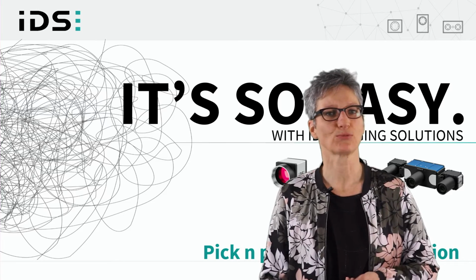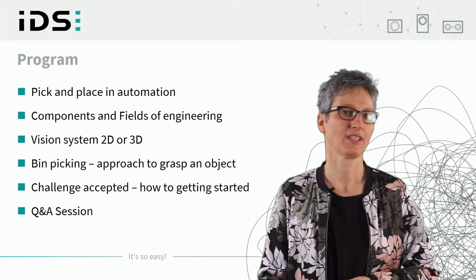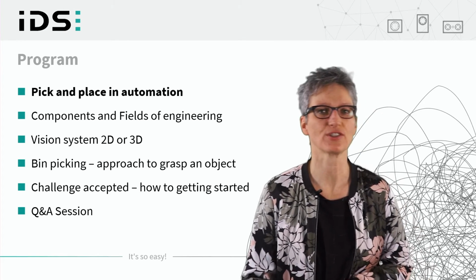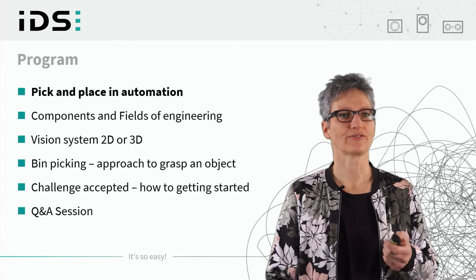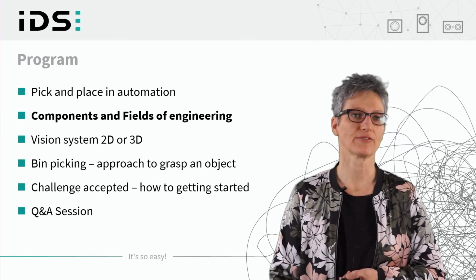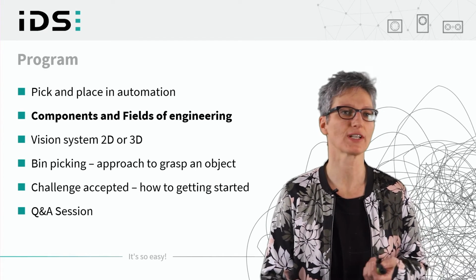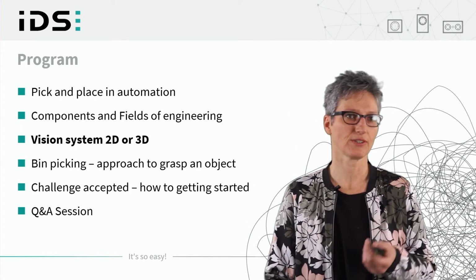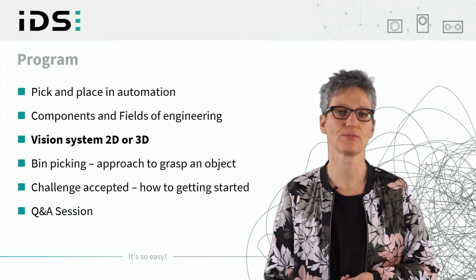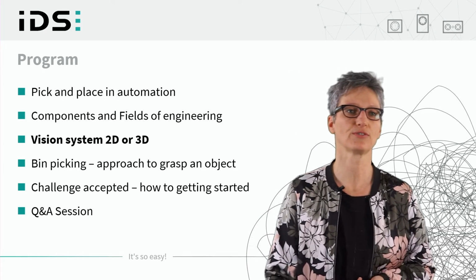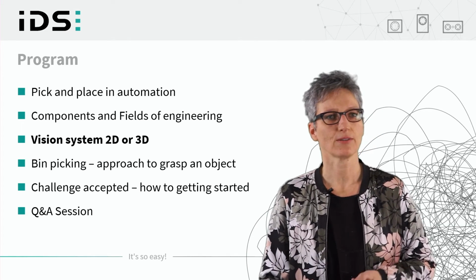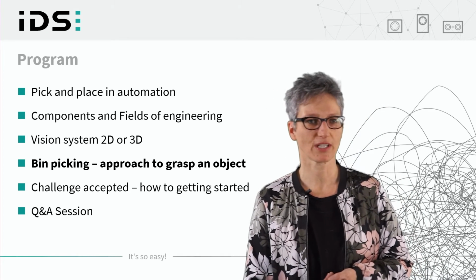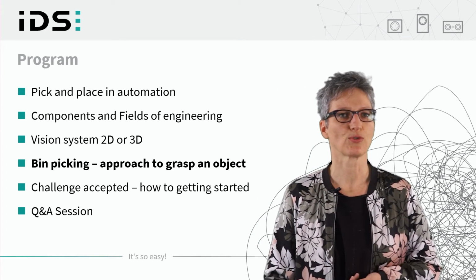Pick and place with robot vision. In this video, I will tell you about pick and place in automation. We'll have a look at the components and fields of engineering. Especially, we'll have a look at the vision system. We will see when it's useful to have a 3D vision system or when it's enough to use only 2D data. Then we'll have a look at an example for a bin picking application and see the approach to grasp